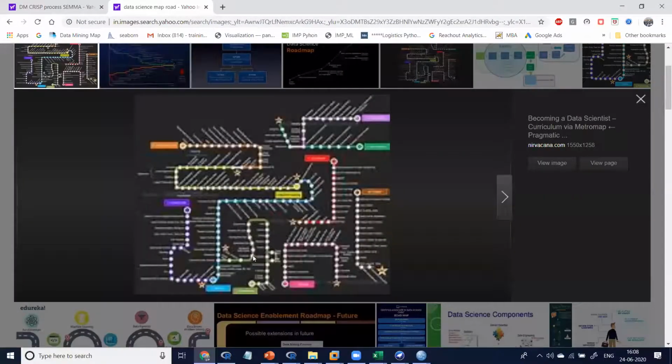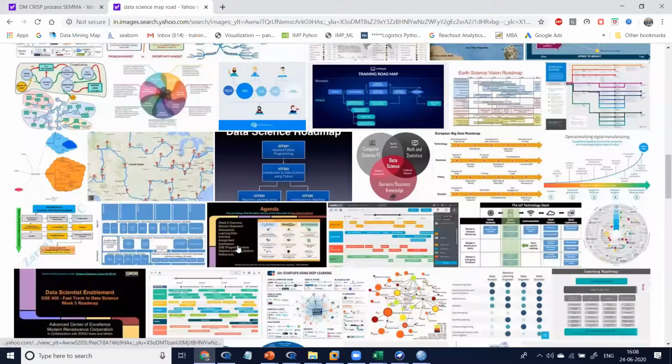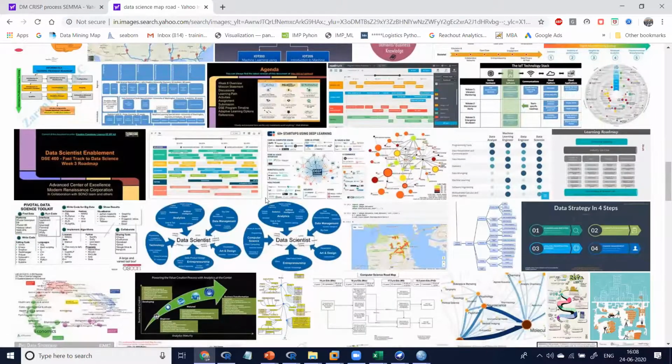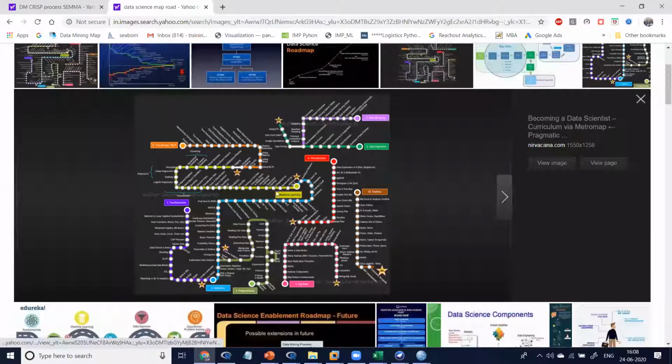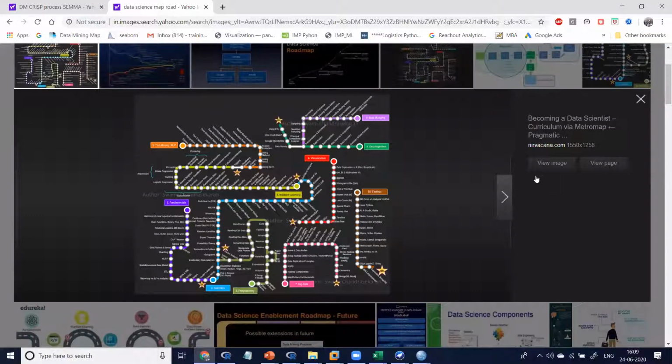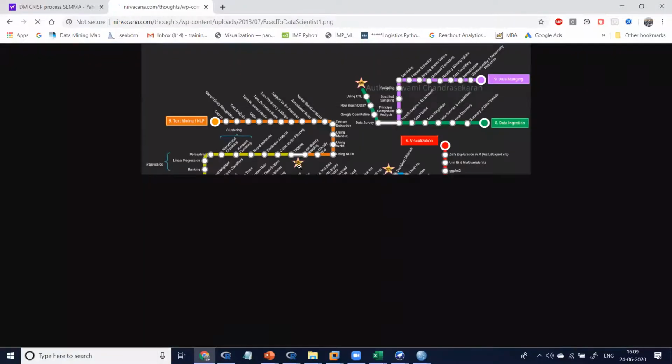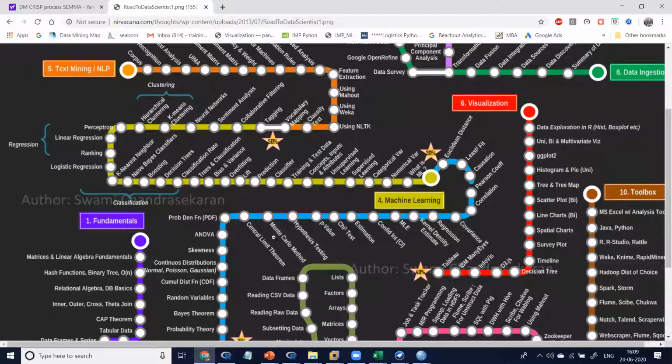One professor, some Swaminathan or some professor, has given this one. View this one, you can understand what this is.